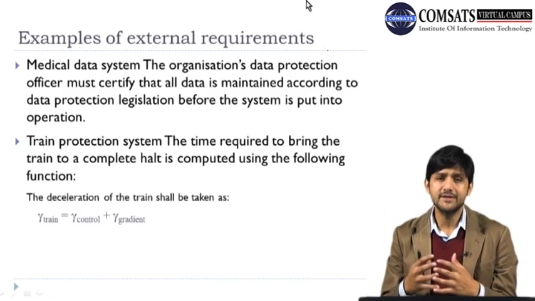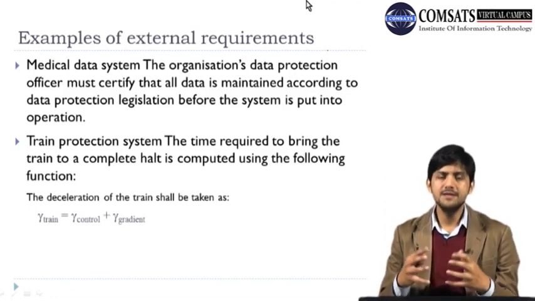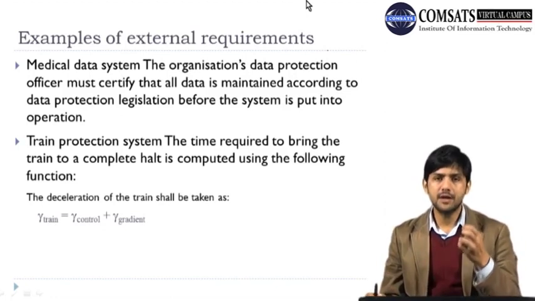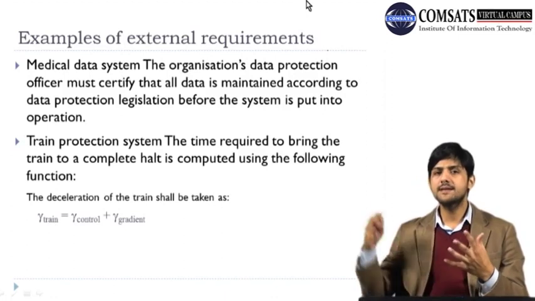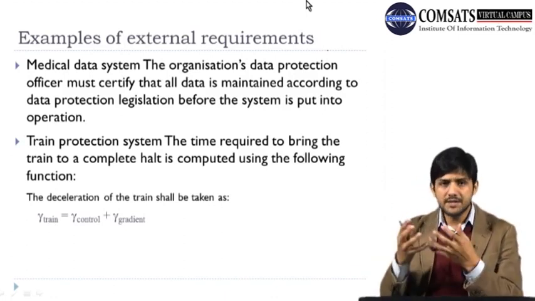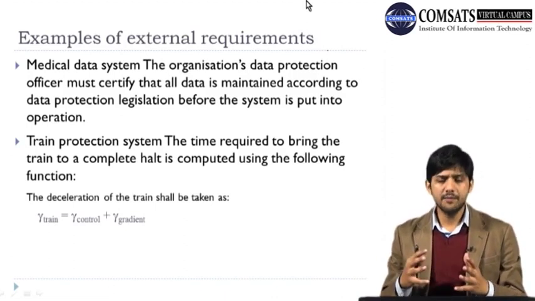So there is a lot of legislation on data protection. Any such system needs to ensure that the data is protected before it becomes operational. So that is an external requirement, or an external legislation, which limits the way your system should behave. Similarly, another example